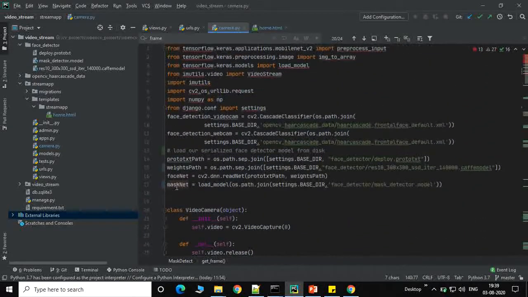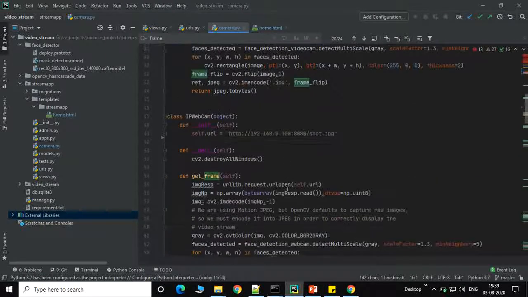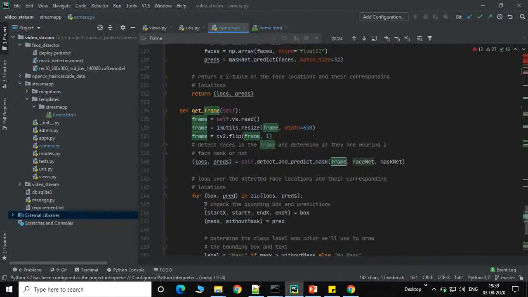You can see this is the mask net and this is the FaceNet. This code basically checks the deploy.prototxt. Here we use a for loop, and after that detect and predict mask detects the face in the frame and determines whether the mask is there or not. That is basically what the code does.